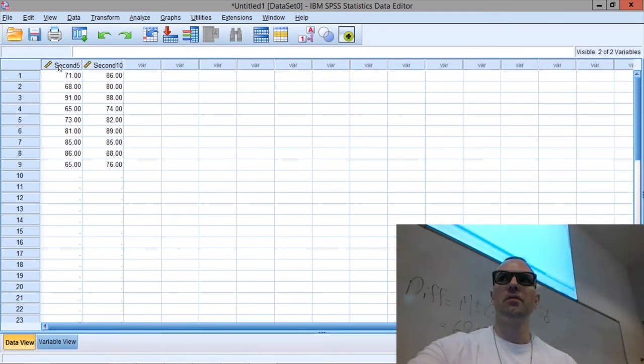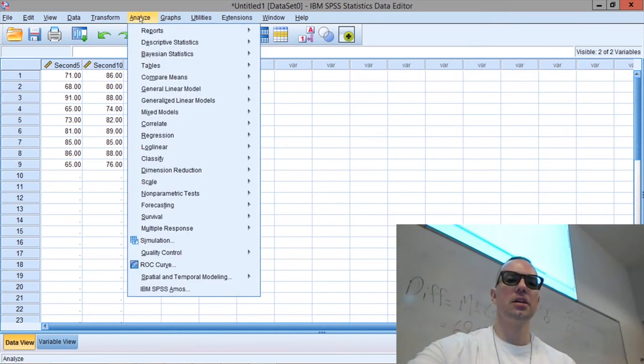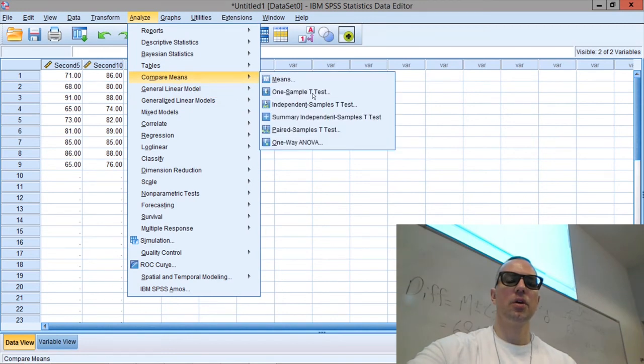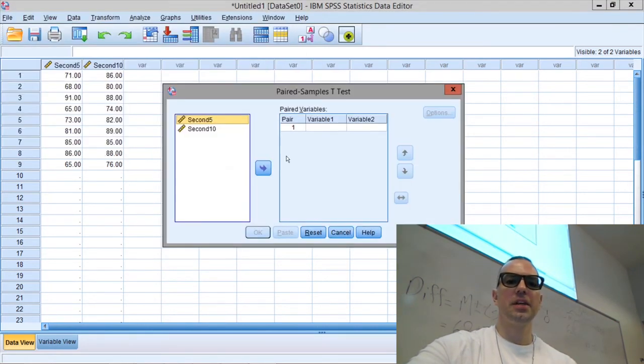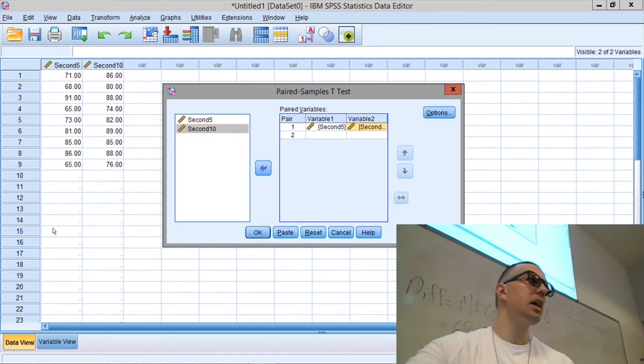So we have second 5, we got second 10, and we are ready to do the dependent means t-test. We go to analyze, we go to compare means, we go to paired samples t-test. Remember, that is the dependent means t-test name in SPSS. So we go to paired samples t-test, we click on that, and we put in the 5 seconds condition, we put in the 10 seconds condition, and if we were just running a t-test, this is where we would stop,